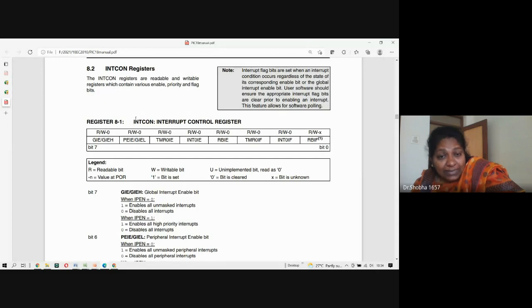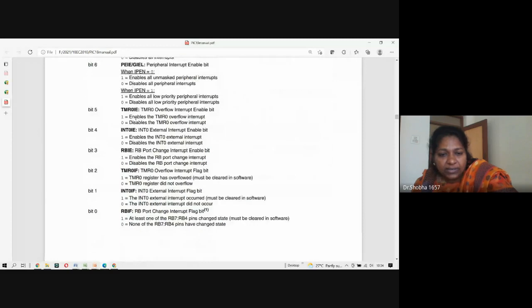Okay, but it doesn't stop with this register, because in this register there are only 8 bits available, but there are a lot of interrupts. So how do you enable those interrupts? You have many more registers.